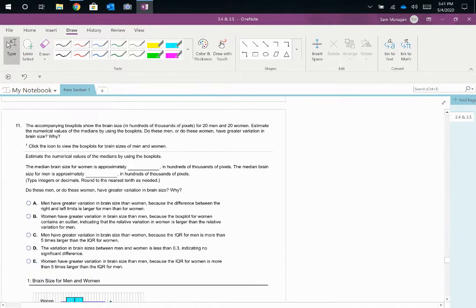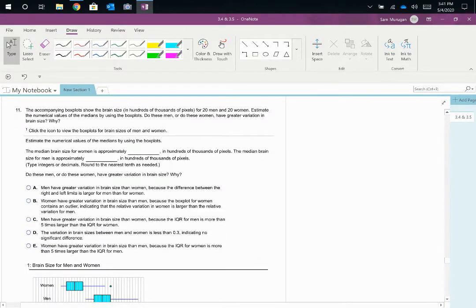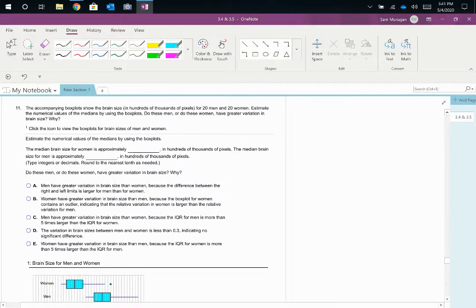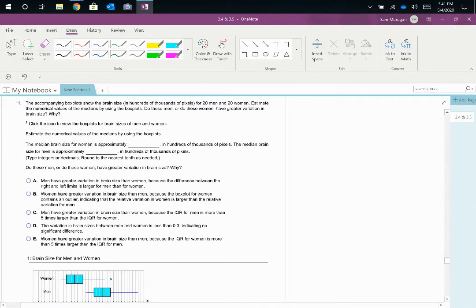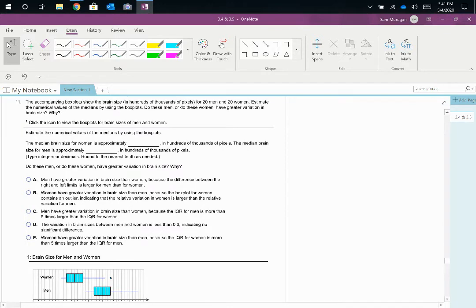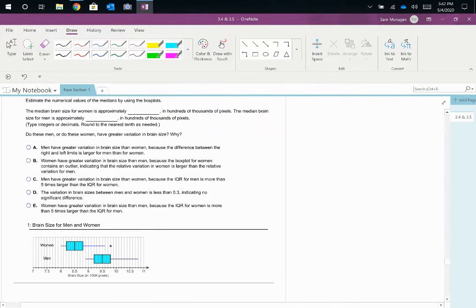Okay, moving on to question 11 here. So the accompanying box plots show the brain size in hundreds of thousands of pixels for 20 men and 20 women. Estimate the numerical value of the medians by using the box plot. Do the men or do the women have greater variation in the brain size? Why? So below is the box plot,